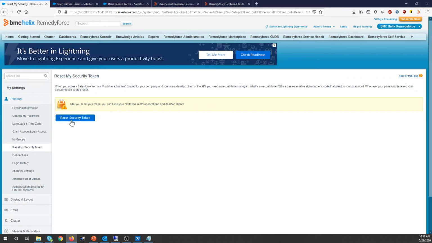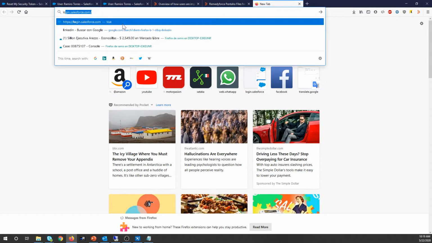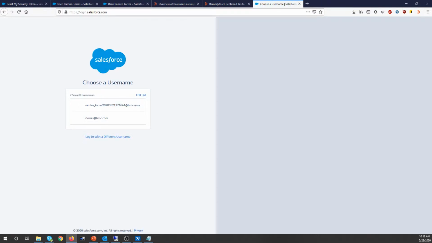If you click on Reset Security Token, a new token will be delivered to your mailbox, or your username's email address, and that is basically a hexadecimal string that we must put into the system to connect safely, and that ensures that the connection is going to work. Okay, so how do you test your connection with your security token? The easiest and the fastest way is to go to login.salesforce.com